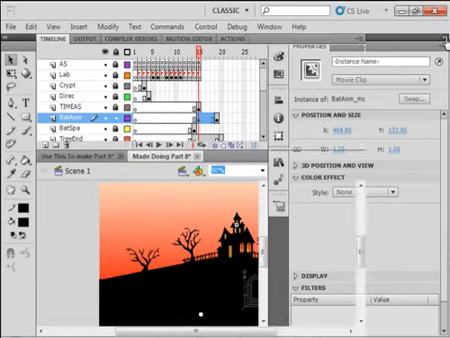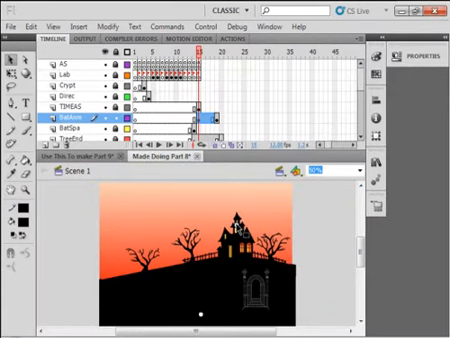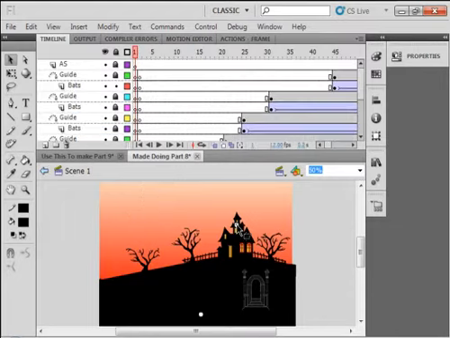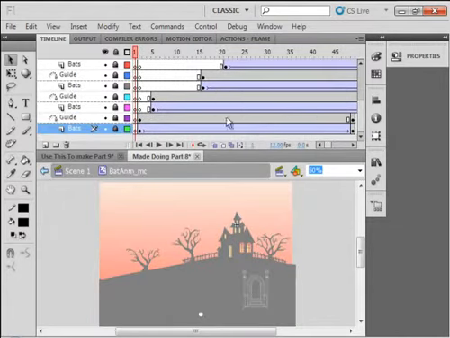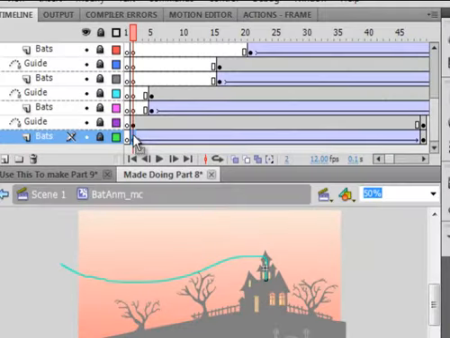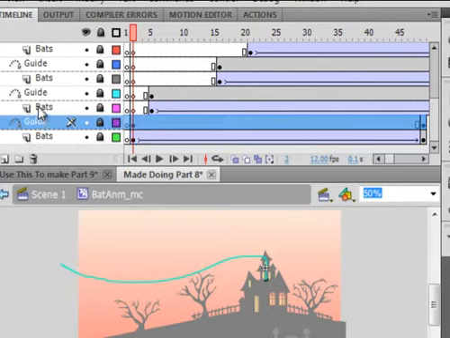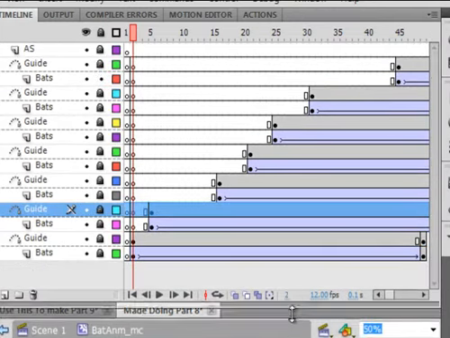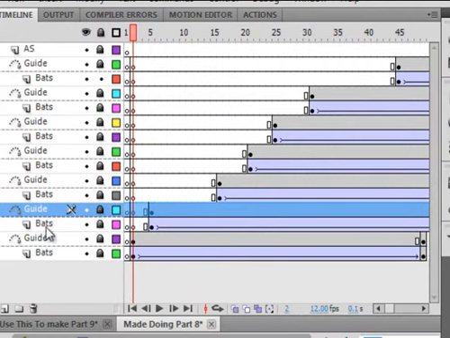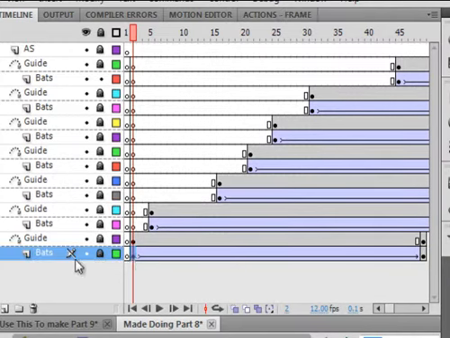And once you've done that, you're going to be just same as we've done before. You're going to be inside this movie clip, and again, you only have one blank frame. Well, let's build the layers first. I got a bat layer, a guide layer, a bat layer, a guide layer, and let's just see how many we got here. We got 1, 2, 3, 4, 5, 6, 7, 7 layers, and in each case on this frame called bats,